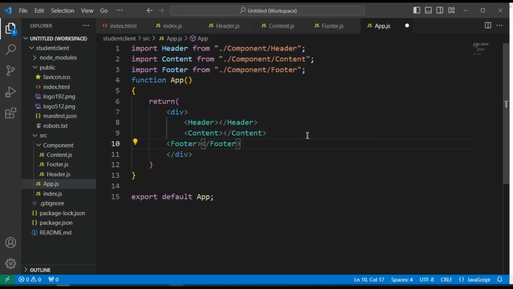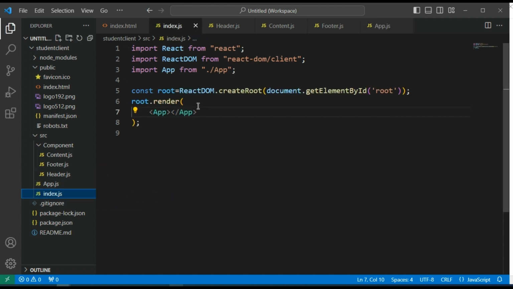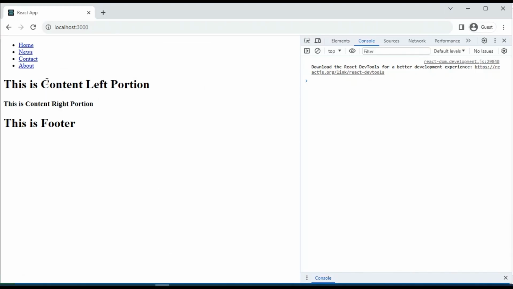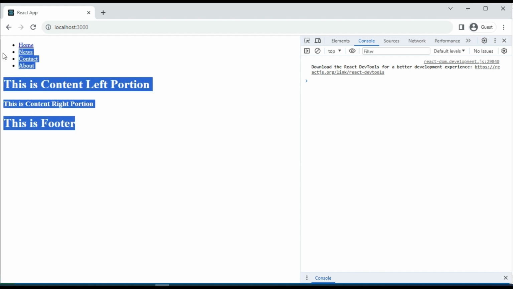Right, now save changes. We have already exported this app component, and also we have rendered this in the index.js file. Now just go to our browser. We are having some content, but it is not formatted because we have not applied